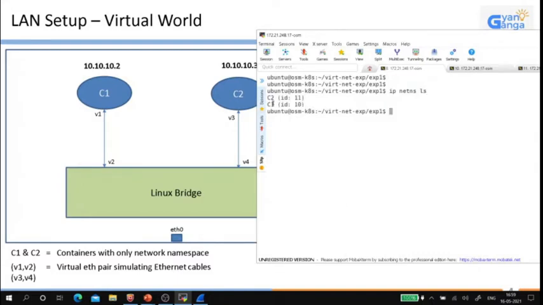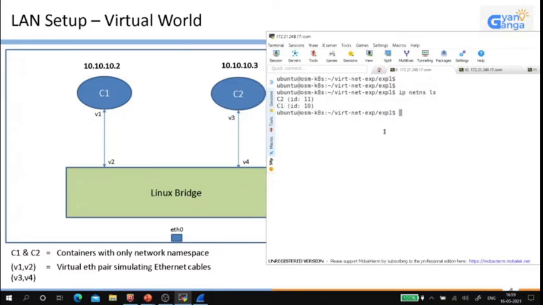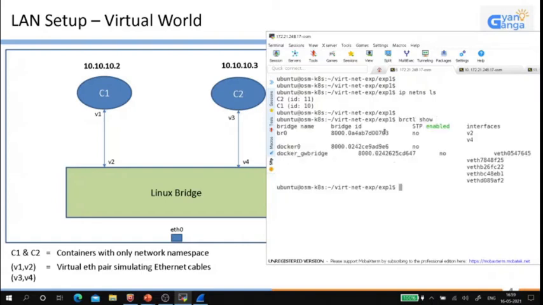So we have two microcontainers, each having a unique network namespace. And now we will see whether we have the bridge, with brctl show. It lists all the bridges. What we are interested in is br0, which has two interfaces, v2 and v4.